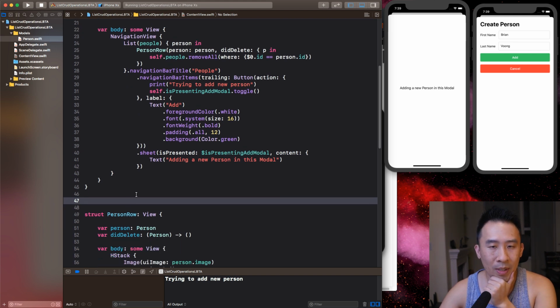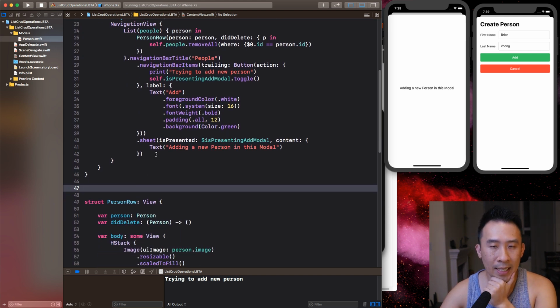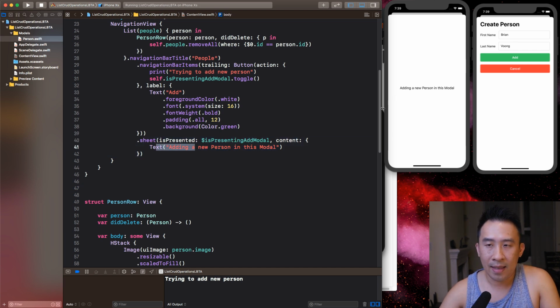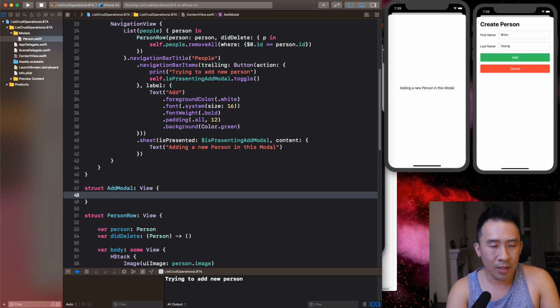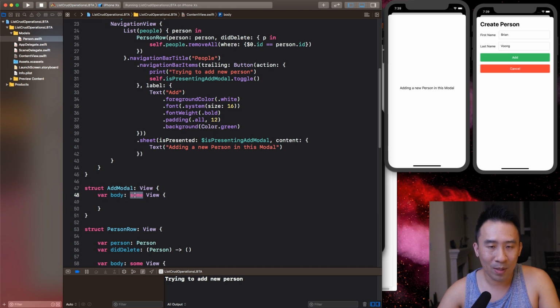Let me show you what the modal code should look like instead of this right here. And you see this text that says adding a new person in the modal. You can construct any type of view that you want really. And what I mean is I'm going to construct an add modal. And let this be a view, var body: some View. Don't ask me what this some means, but